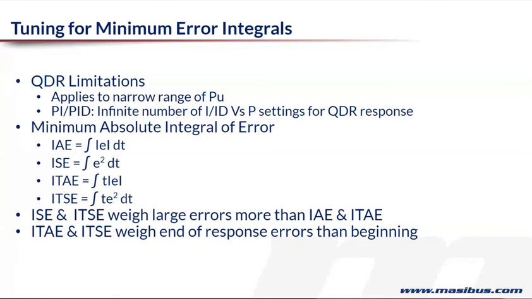So every time you change an integral thing, you will arrive at a different p value. And the third most important thing is, when we look at the quarter decay, if you change the set point, then you will end up with a huge overshoot. The first overshoot can be almost to the tune of 50% or so. There are a lot of processes which you don't want this first overshoot. In that case, using this quarter decay tuning formula may be counterproductive.